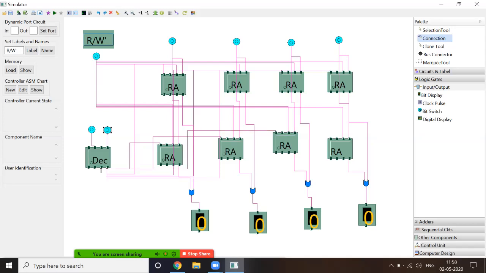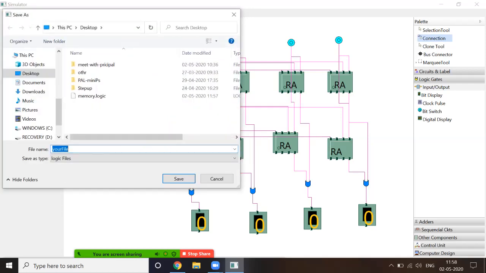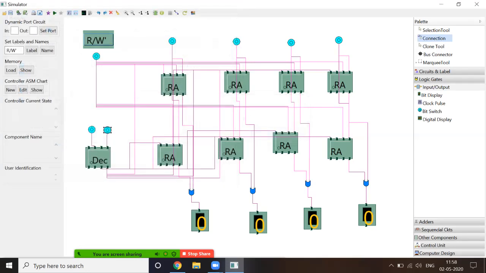Okay, now the last connection, that is this. Just press the save button and save this circuit. Okay. Now the circuit is ready. We have done almost every connection. Now we can test this circuit.